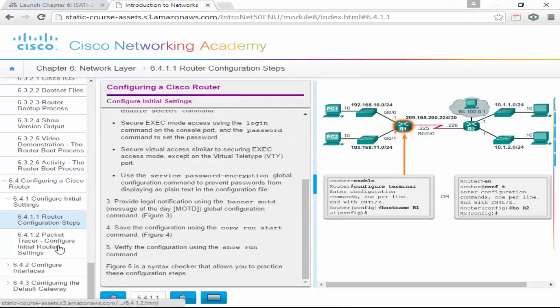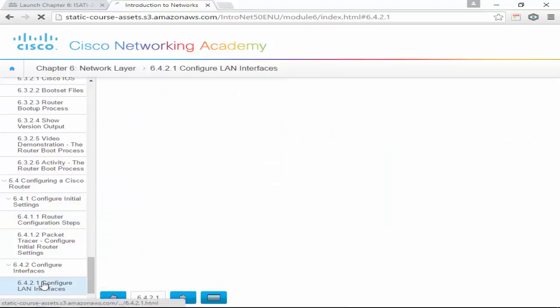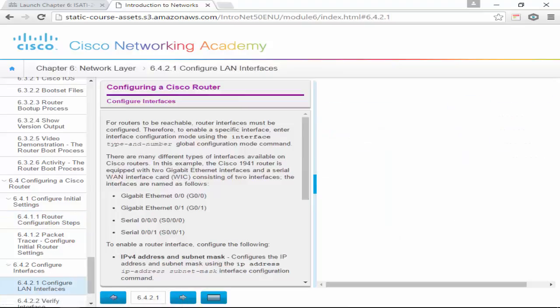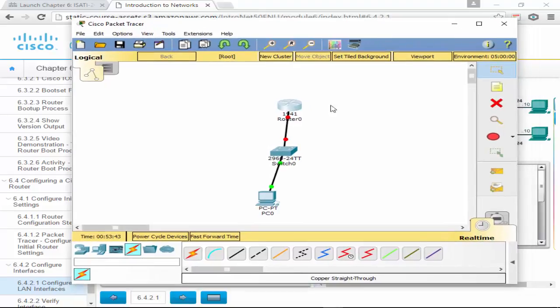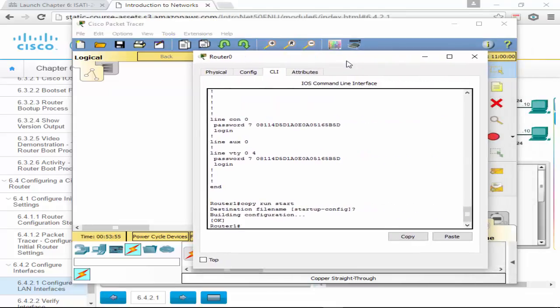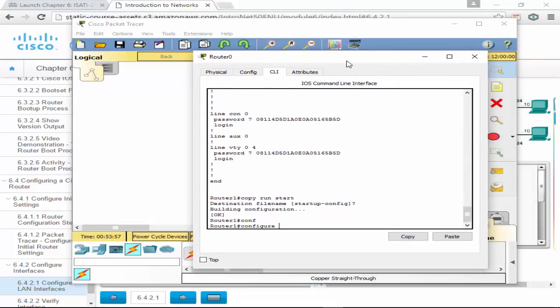Next, configure interfaces. So we go to our interfaces. We look back over here, and there are a couple of ways. You could just hang your mouse over the G0 interface, and it would tell us that. I like to do it fast, so I just unplug it there, and it tells me I need to configure G0/1. So how I do that, I go back into configure terminal,